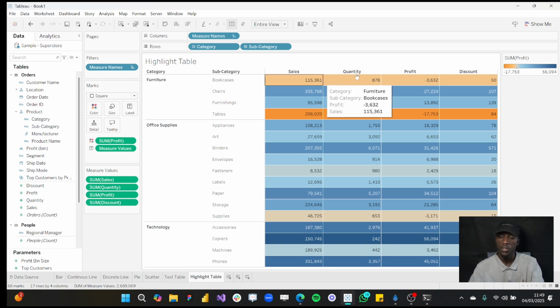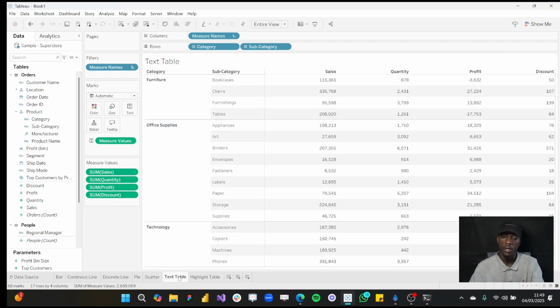So what is this showing us? As you can see from the legend on the right hand side, we have some negative values and we have some positive values as well, because this is profit. So the negative is telling us that there are some losses. In this case now, compared to the text table that we have here,